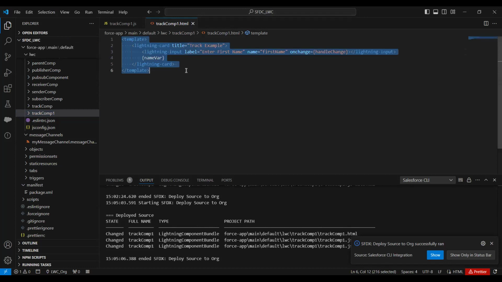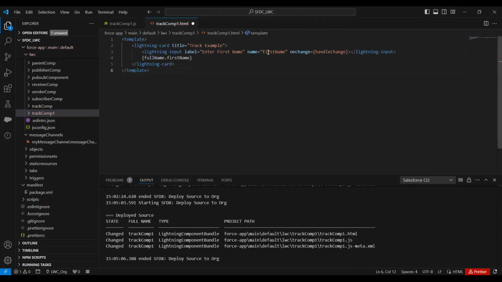So in my HTML, I'm doing it this way. In the input, I'm saying again first name, but here instead of nameware I'm taking an object's variable. So the object, let's say, is fullName, and within that I have a variable called firstName, and I'm trying to display that. Now, what changes I'll make in the JS is